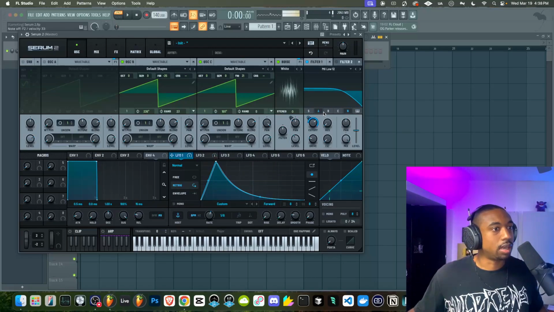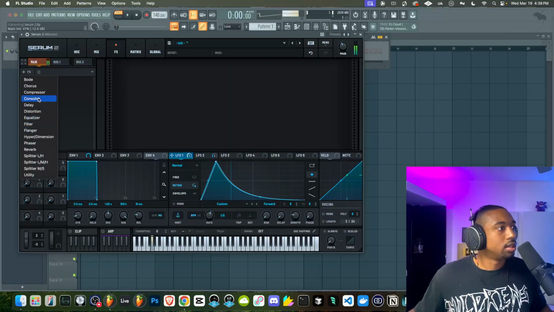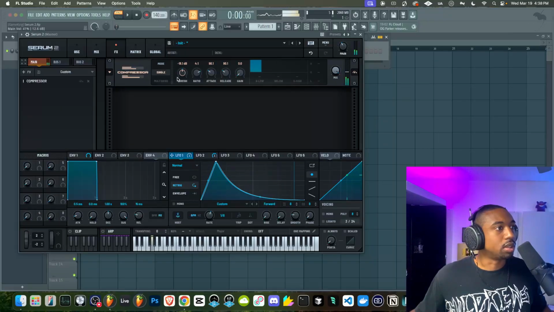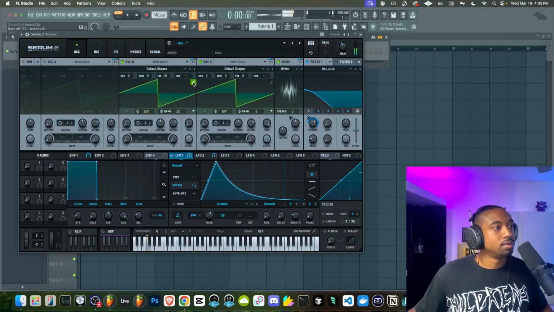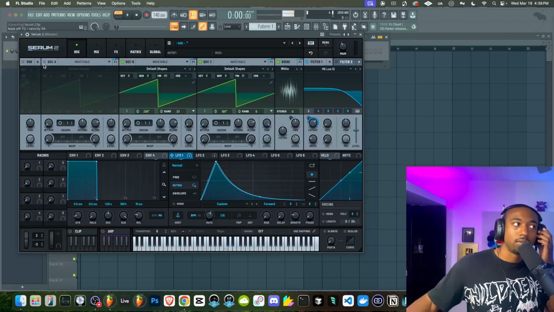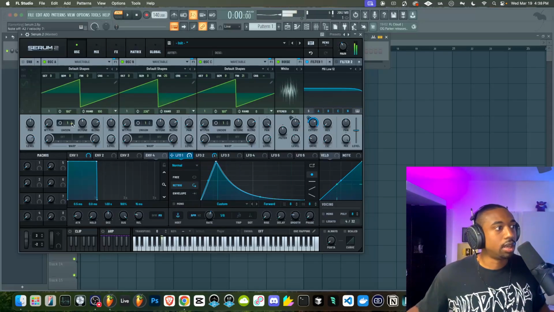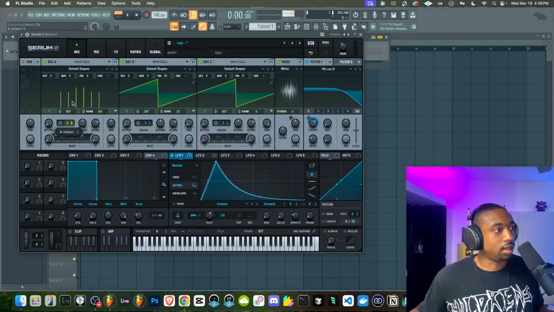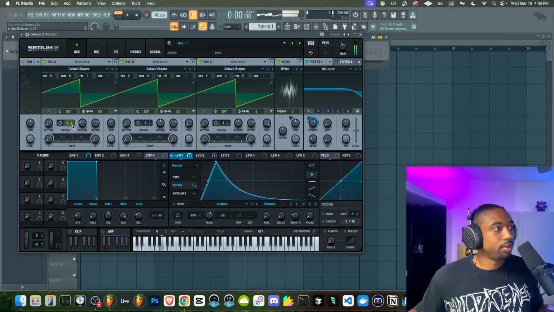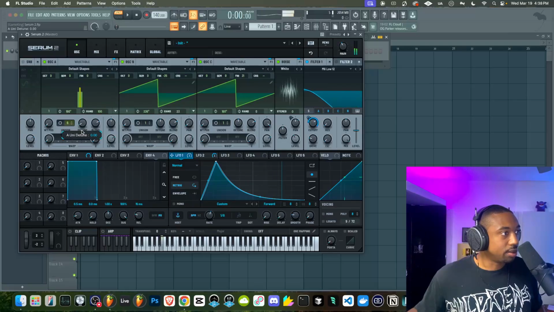Let's see what happens if we add oscillator A, B. Pretty dope sound, actually. Let's run this through a compressor so we don't have super clipping. Okay, so pretty cool sound so far. Let's go to oscillator A. Now we can make it too smeary by adding unison, but sometimes it just makes it overly smeary.